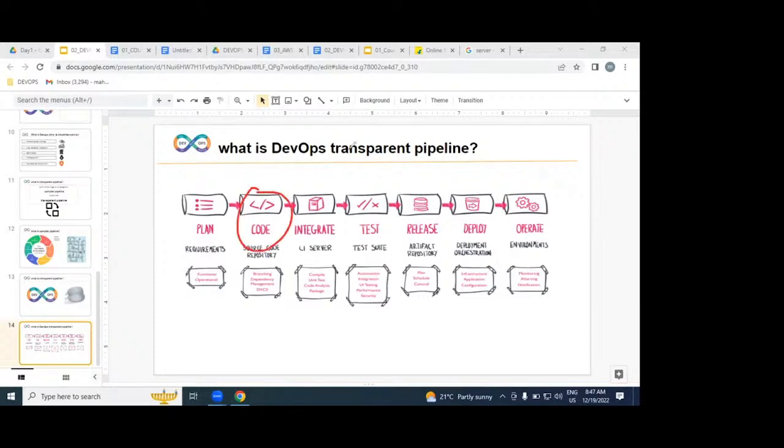In the dev environment, we are not writing any code. Writing the lines of code is the responsibility of the developers. After the developer writes the code, that code is going to be maintained by the DevOps engineer.